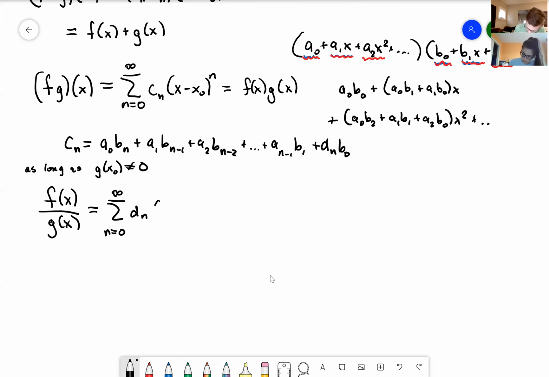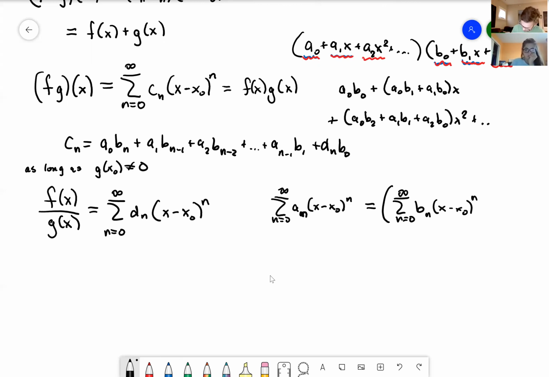And again, it's difficult to define exactly what the resulting coefficients will be. But they are there. They can be determined. And the easiest way to determine them is to multiply this thing out. So if we multiply the g of x to the other side, then the f of x, which was the sum from n equals 0 to infinity of a_n (x minus x0) to the n, equals the sum of b_n (x minus x0) to the n, that's the g of x, multiplied by the quotient,